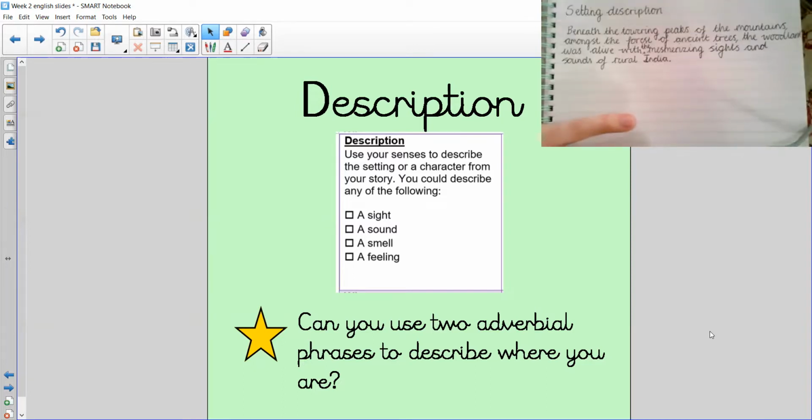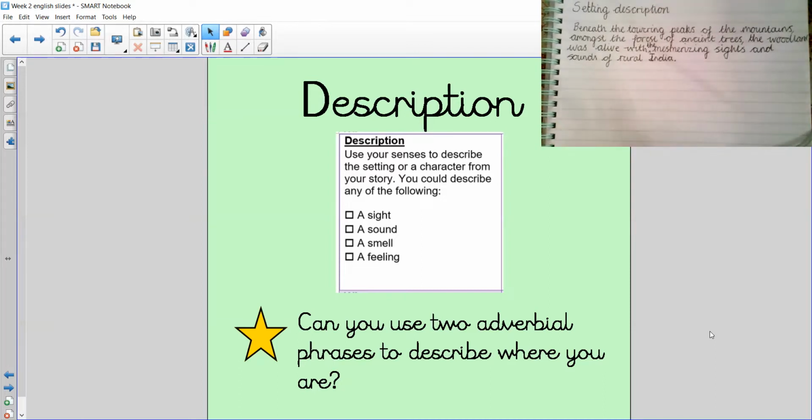Can you have a go now then and see if you can write your first sentence to describe where you are? Okay, so you're going to use your front adverbials, then you're going to say what is happening. It could be that you were standing on top of the summit of the mountain. Remembering you're writing from Asher's perspective, so you can write in first person if you like to.